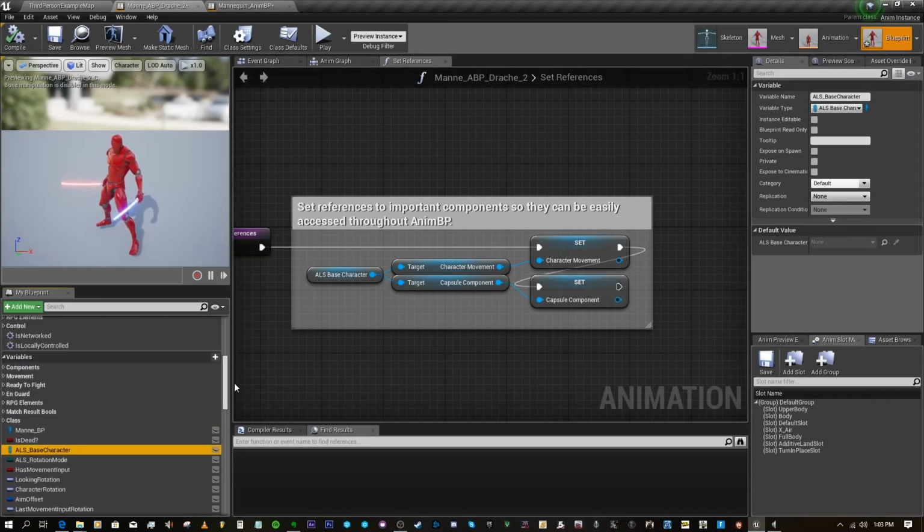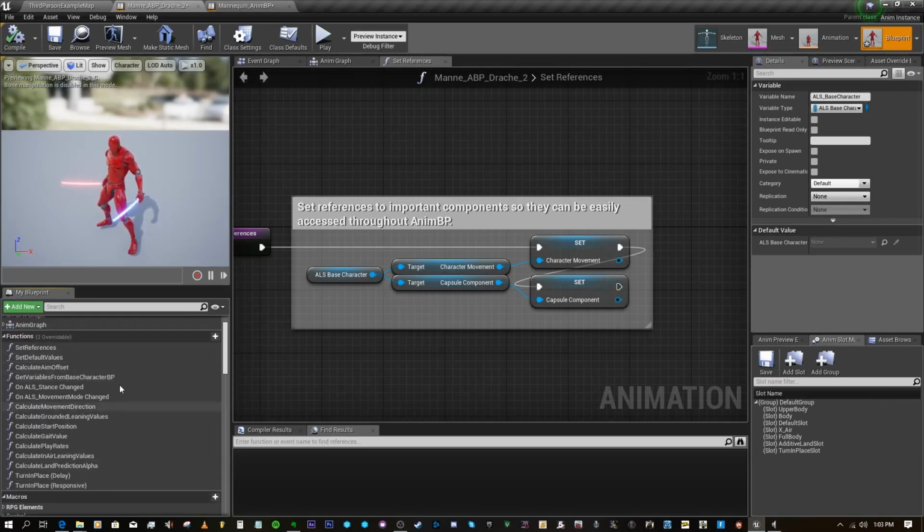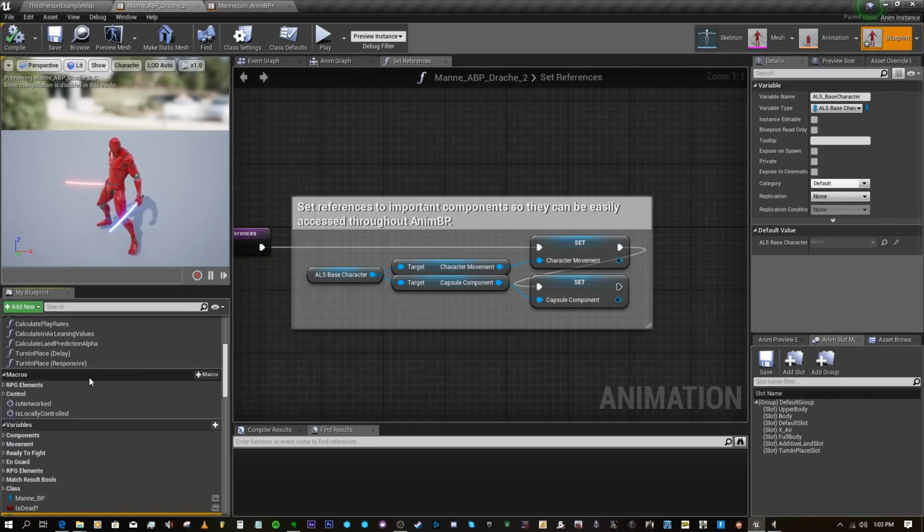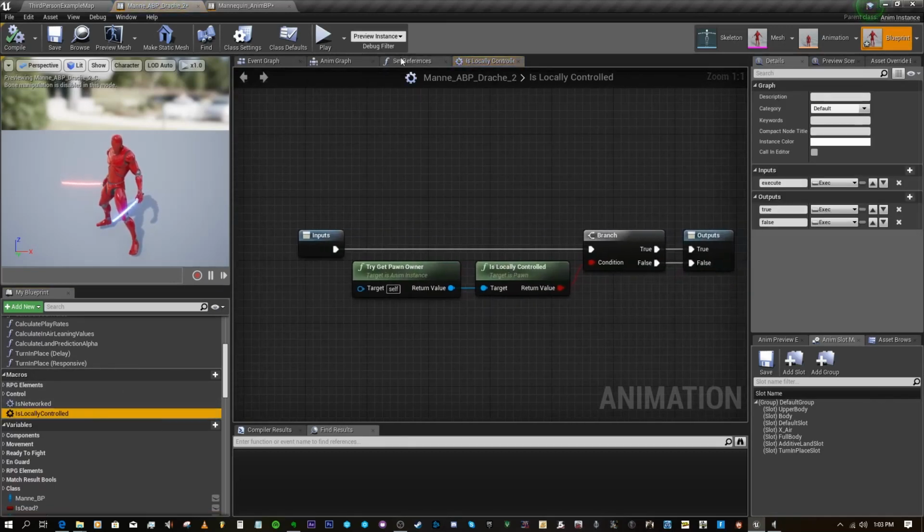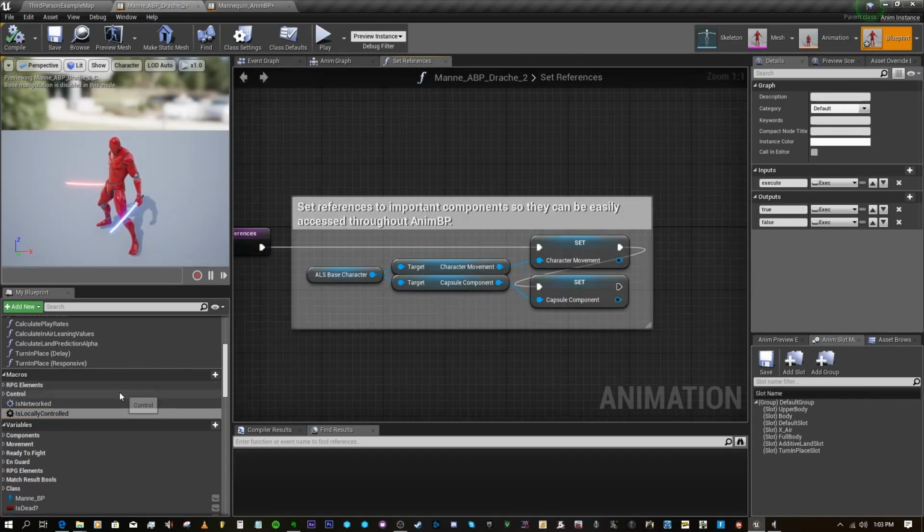Of course, that is combined with creating all the functions as well, and also creating the macros, and that is also including